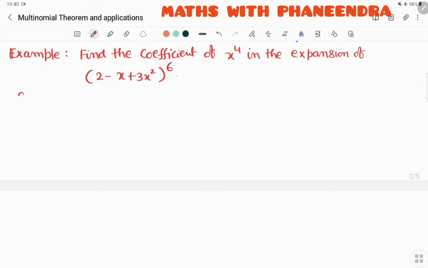This is the question. So how we will find the coefficient of x power 4 in the expansion of